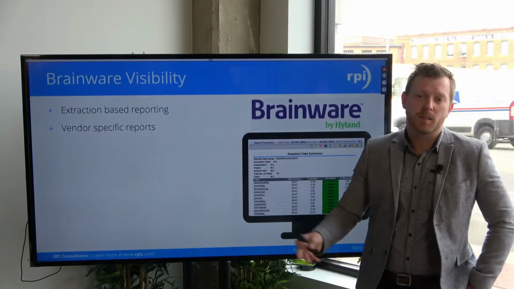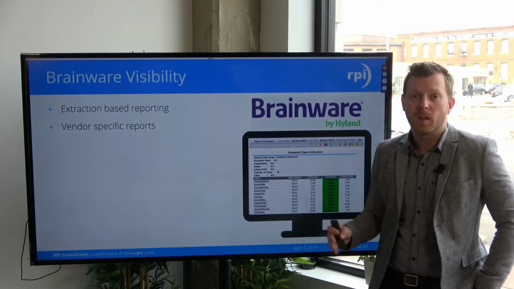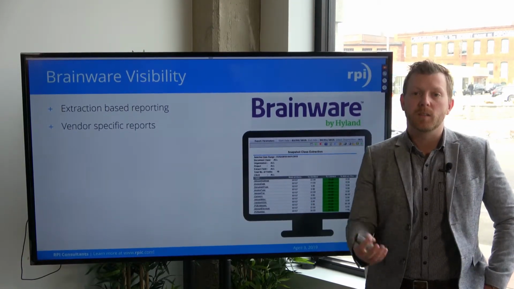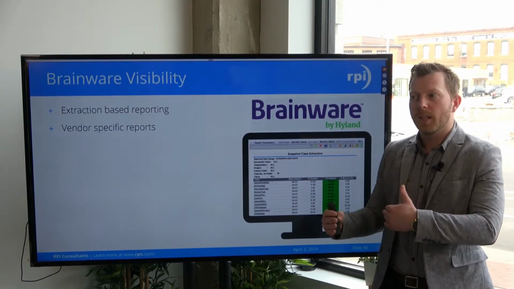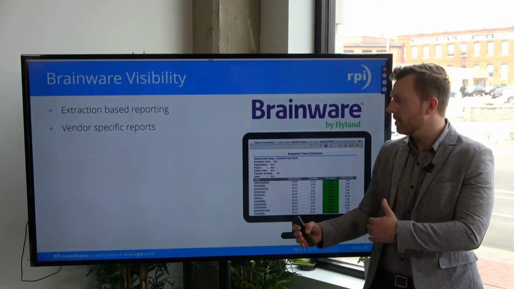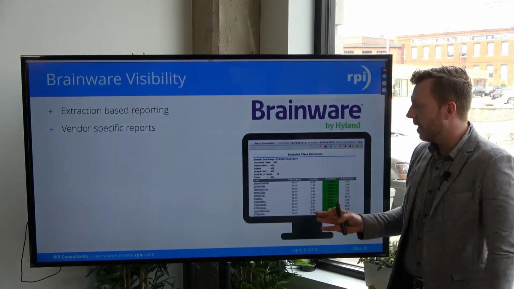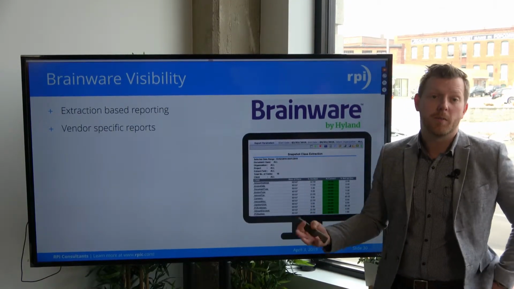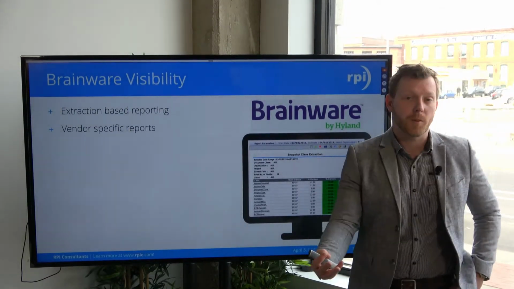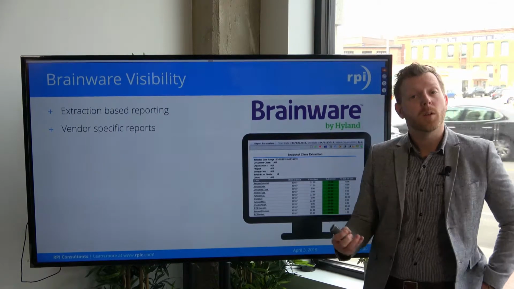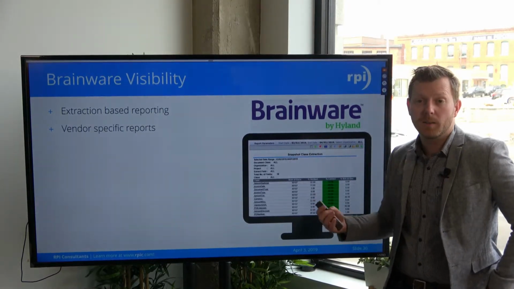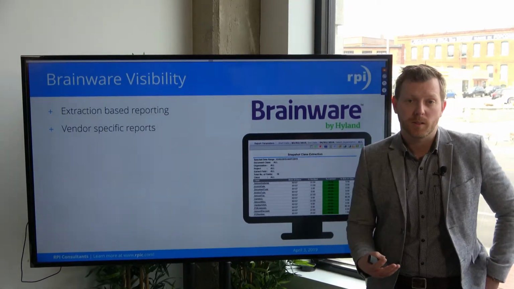Brainware Visibility is the last screenshot that you saw. It is extraction-based reporting, so it is centered on the software itself, but based on the data and the project file for Brainware, you can identify areas where you can improve your invoice processing, like the vendor-specific reports, to identify areas where you can make changes within the system if you've been processing for a year or more.